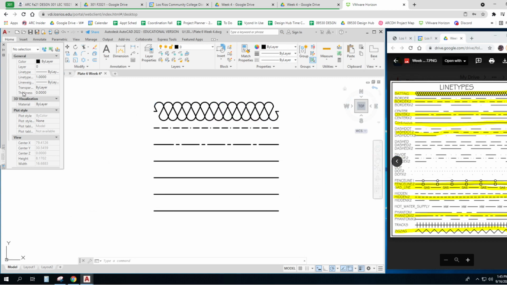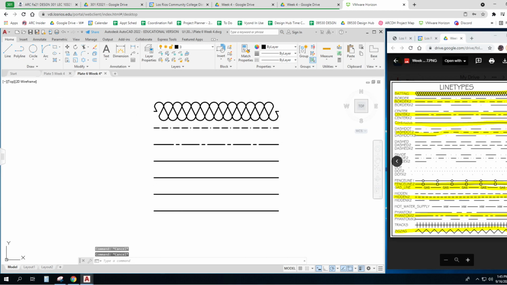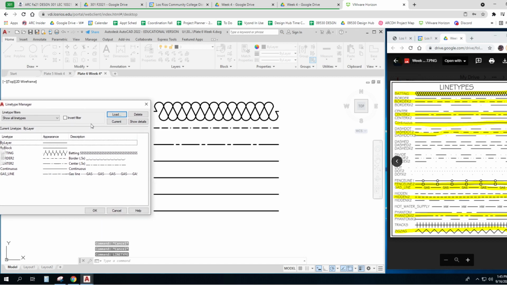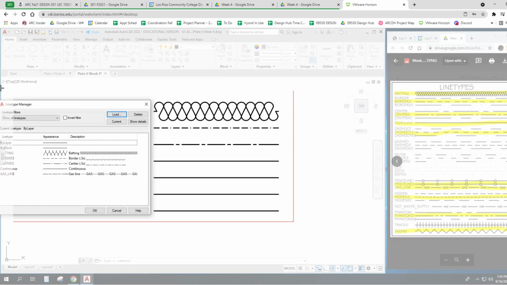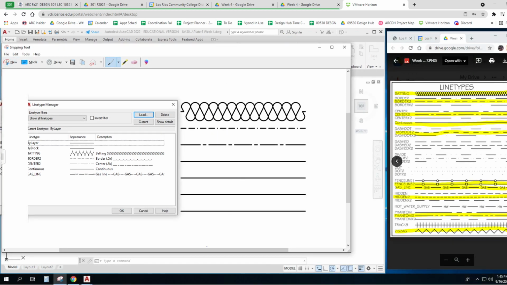If you want to, when you take your snip, you can take a snip with that on, or you can do the line type command and have this sitting next to it when you take your snip. That's really nice, that lets somebody know, oh, I got it. They're in the line type manager and they're showing that they can draw all those lines. Now, this way that we're making these lines change,